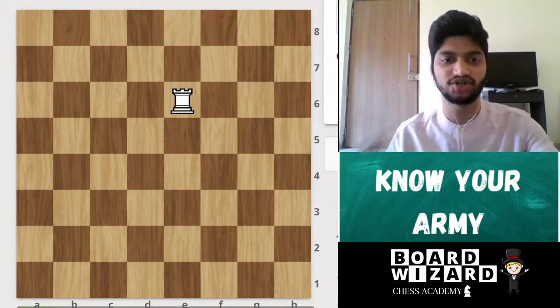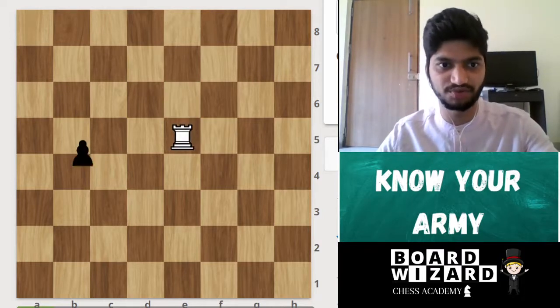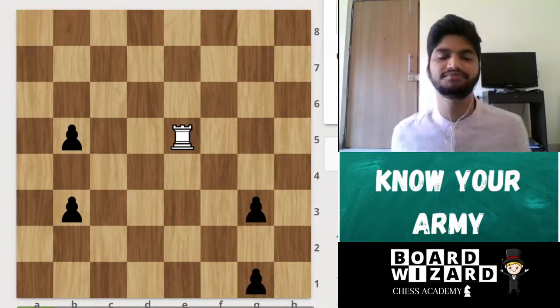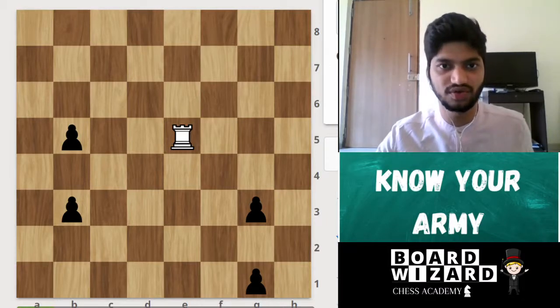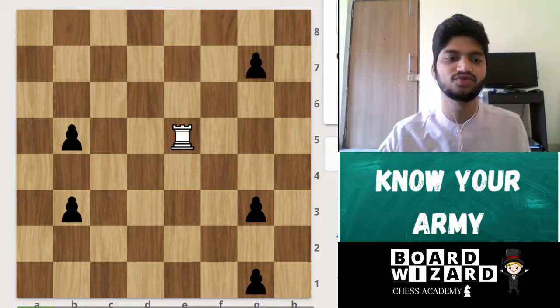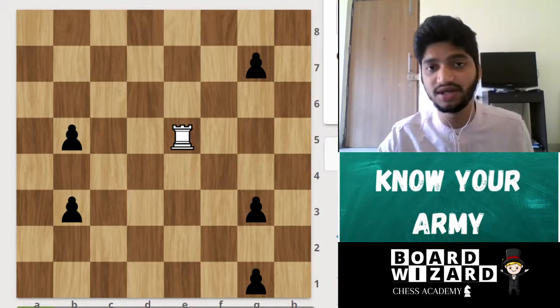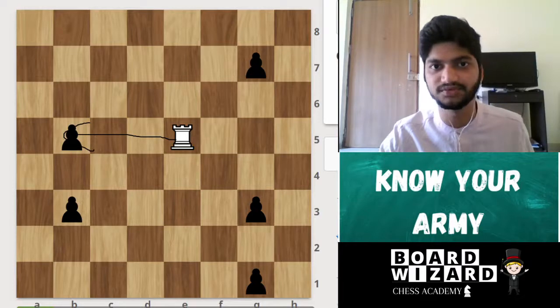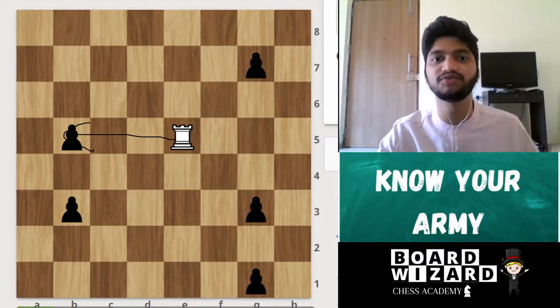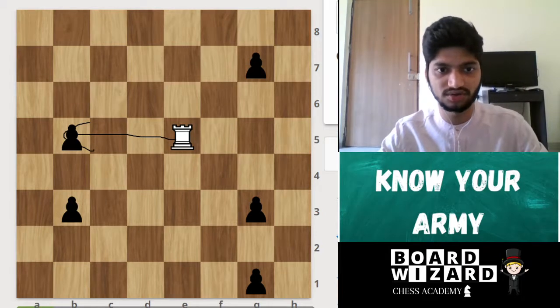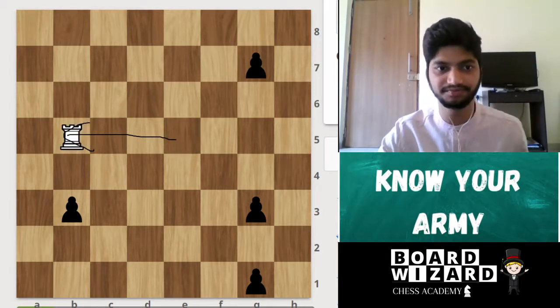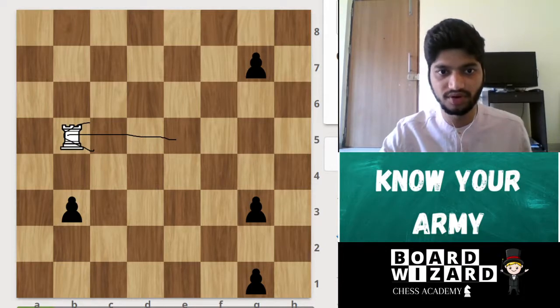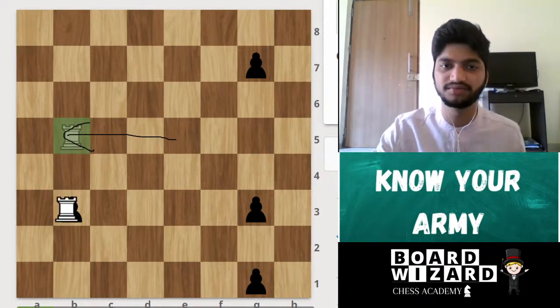Now how does a rook kill? Or how does he capture? Let's keep an opponent's pawn in the way. So to capture a pawn, the pawn has to be in the attacking line of the rook. So right now our rook can kill this pawn easily because it's on the left side and it is the direction in which the rook moves. We just saw. So let's go and kill that pawn. Now rook can kill the b3 pawn.